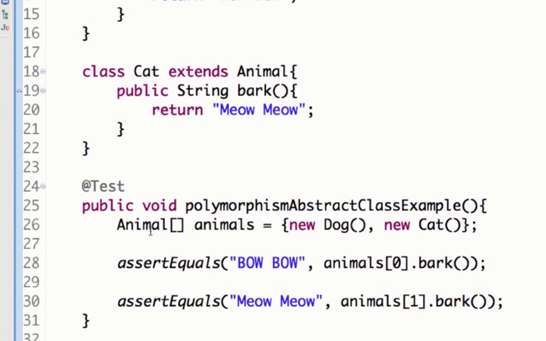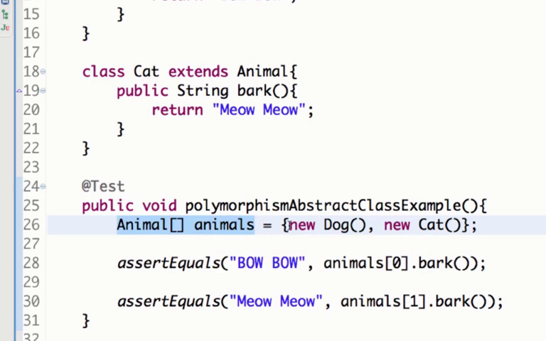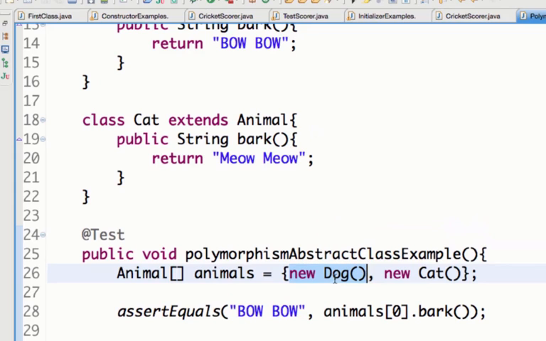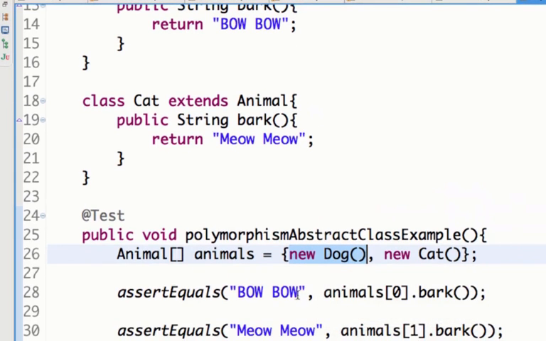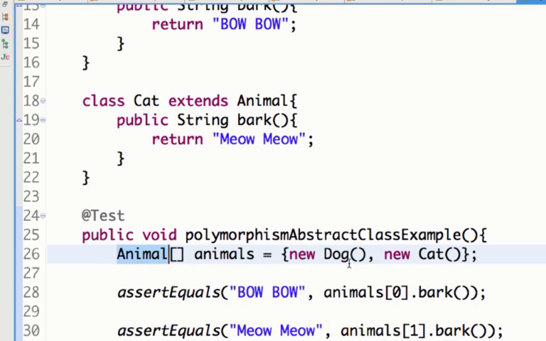Both the animals are of the same type, right? So they are of type animal. So even though I have two objects of the same type, when I invoke a method, different methods are called based on what instance it is, what the subtype of that particular object is. So when it's a dog, the dog's method is called, even though the reference variable used is an animal reference variable.